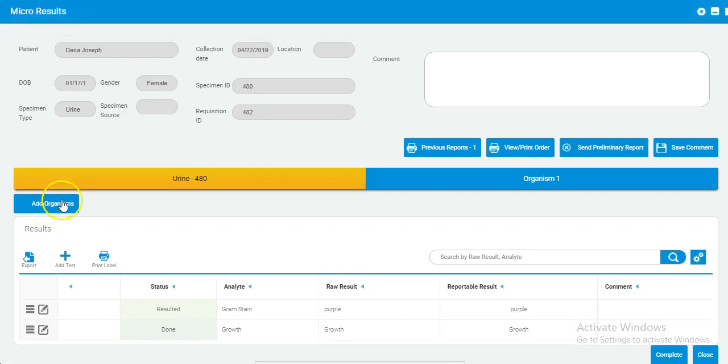We clicked Add Organisms, and that just added a tab over our results that we're already showing with the type of sample and its ID number. And then it added an Organism 1 tab. We can add as many organisms as we find in the sample, but in this test case we'll just add one. So let's go over and click the Organism 1 tab,